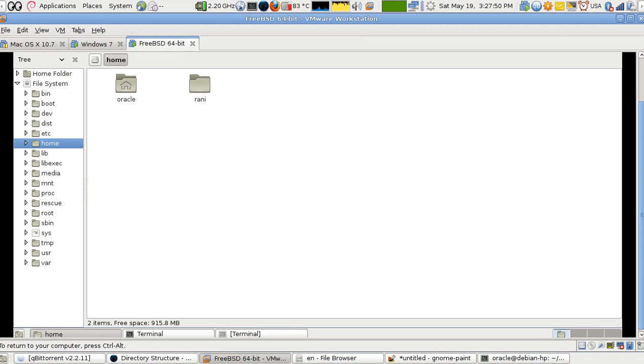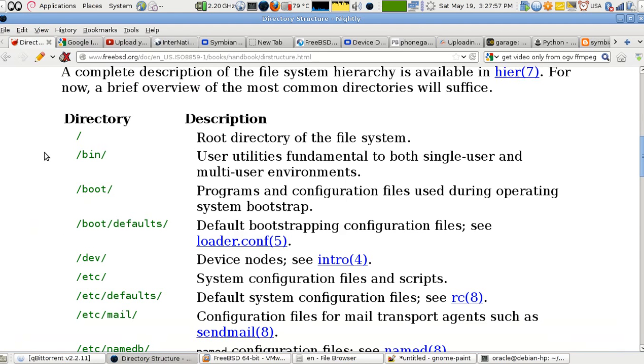So this is how the structure is made, and this here is from the FreeBSD handbook, and it tells you what each folder should do and what the purpose of having such a folder is. For example, all the everyday commands you'll see in slash bin. It mentions single-user or multi-user environments, whatever. There are